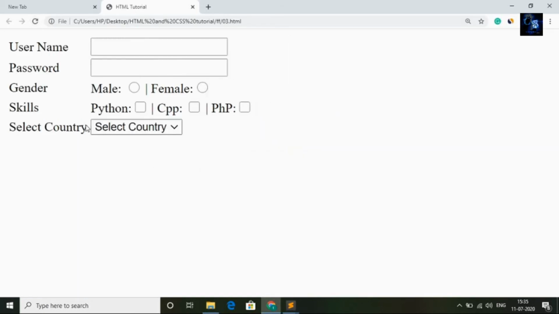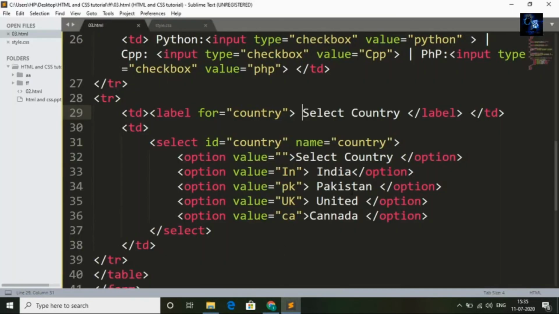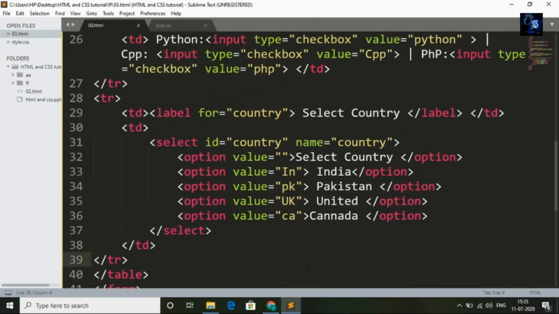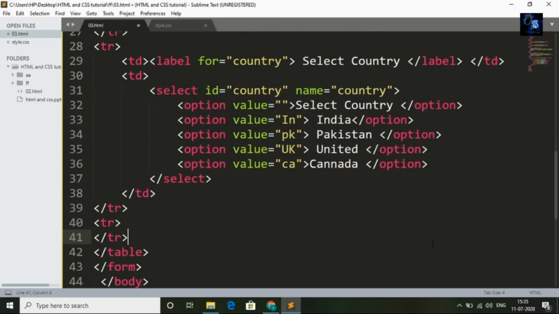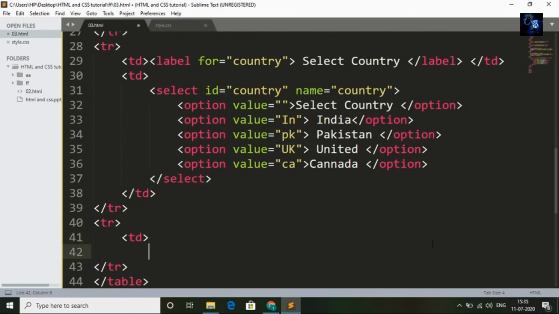It's looking awesome. Now I will add one submit button. TR, and also I will add the closing tag. Inside the TR tag, table data, TD tag with the closing tag.